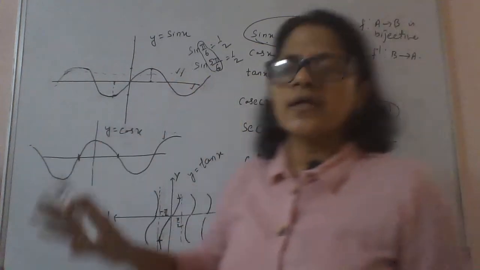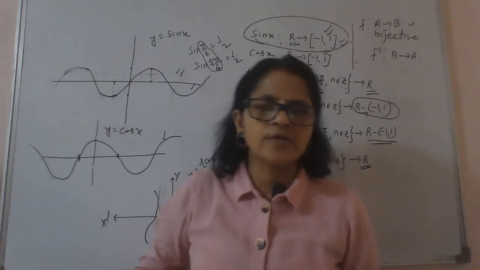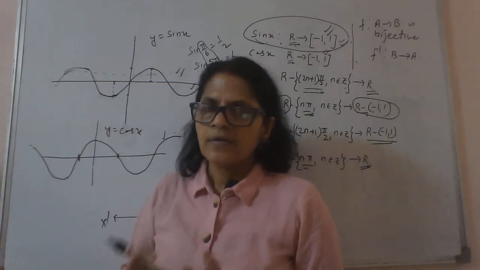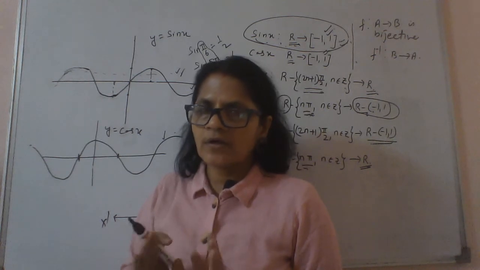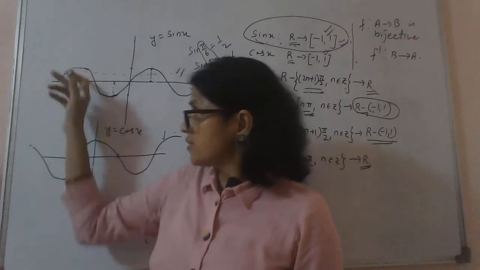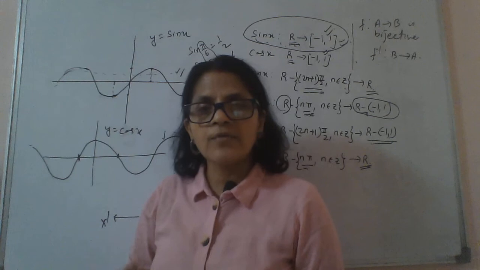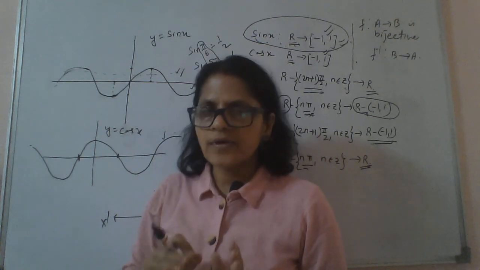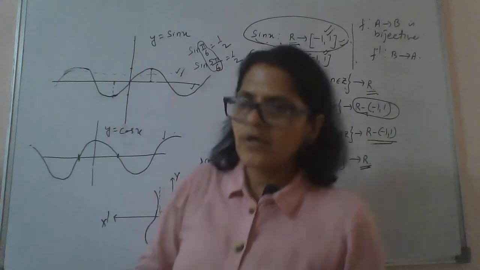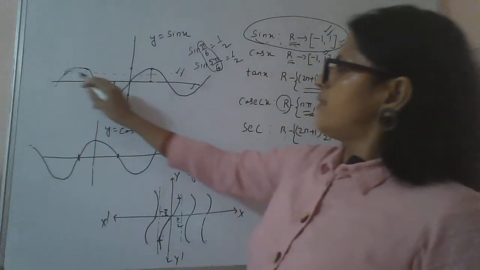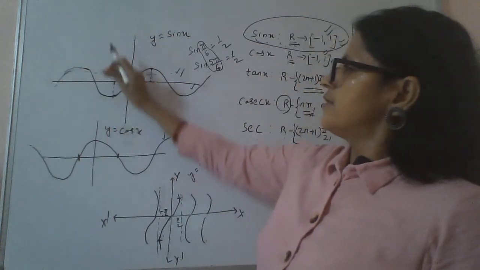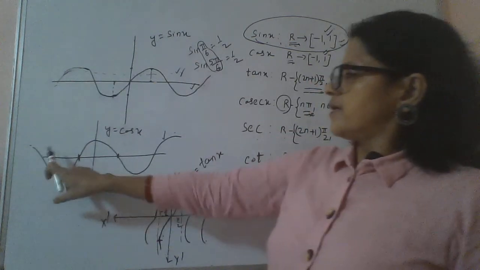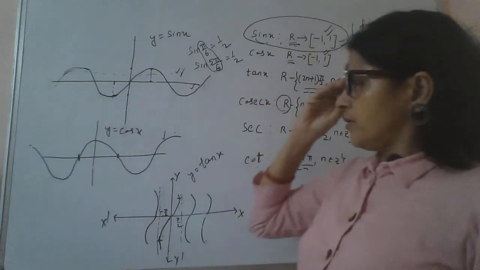The horizontal line test for a 1-1 function says that if any horizontal line intersects the curve at more than one point, then the function is not 1-1. The logic is very simple, because you have many x for one f(x), right? And a similar thing can happen with any other function.